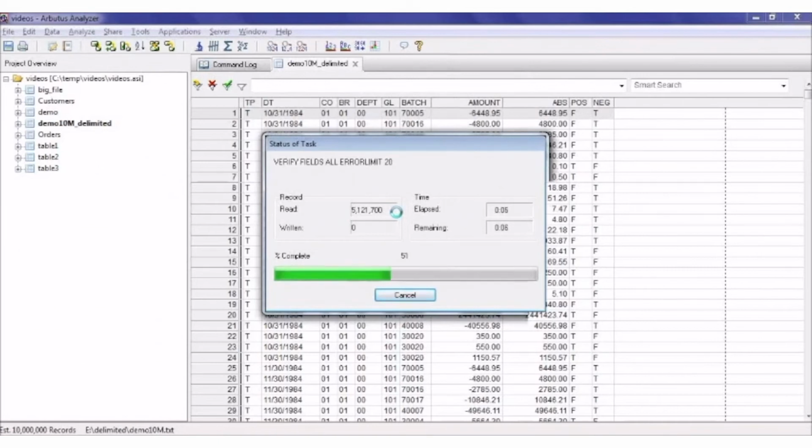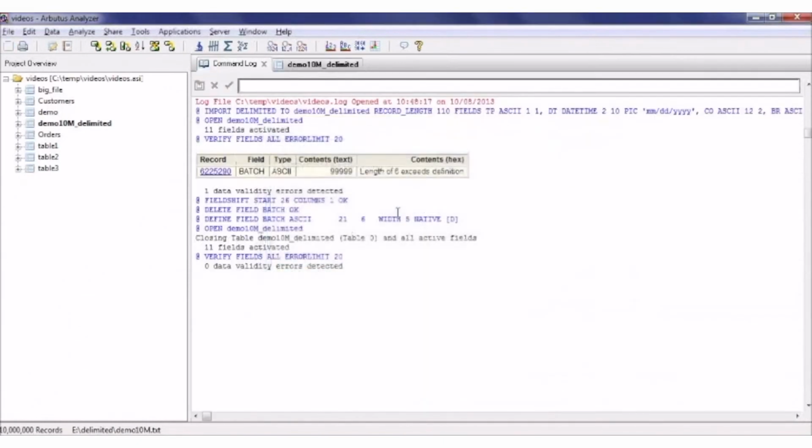So I think you can agree that the time it takes to quickly go in and define this 500 megabyte file and then run a quick verify on it is much, much faster than if you had to define the entire file by reading the entire record and field information and flattening it. Now you have 10 million records defined, and if we wanted to do an extract and an append, we could